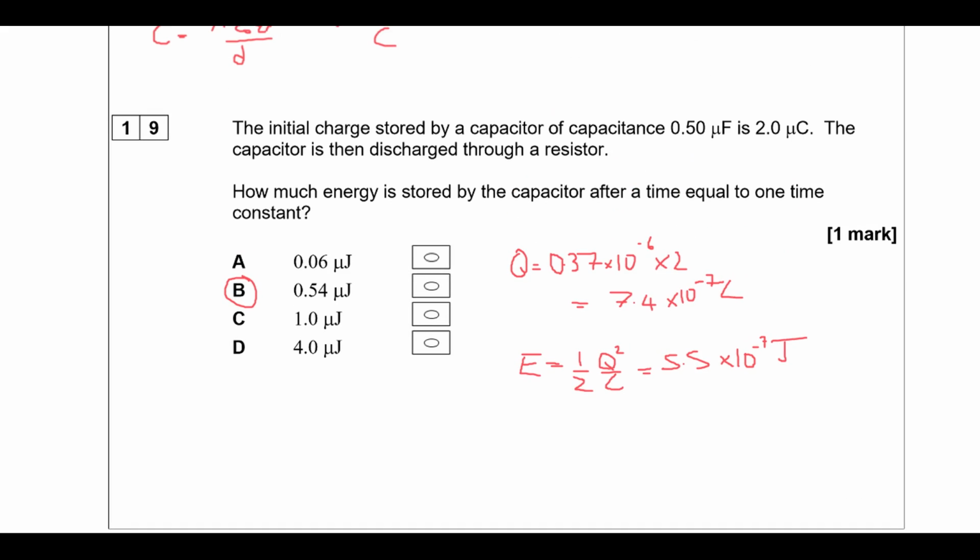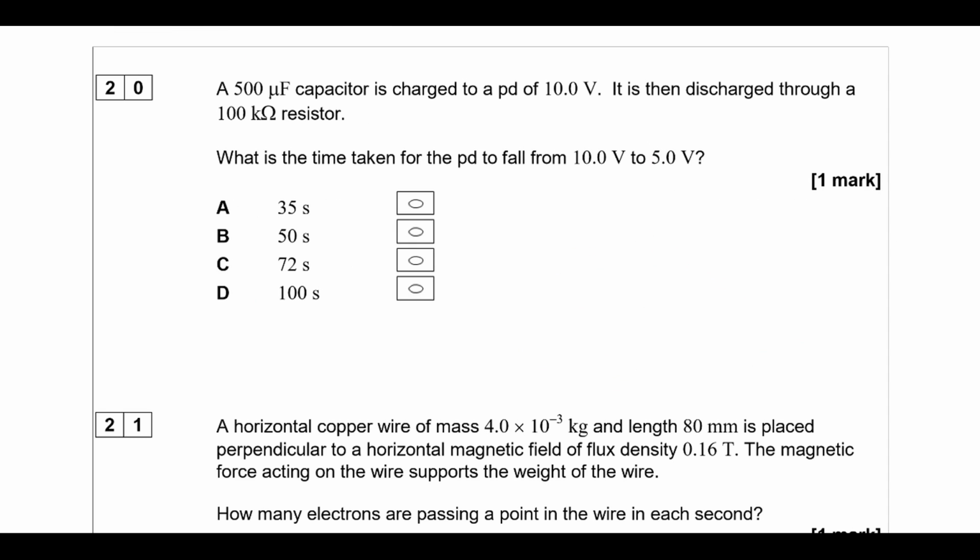Okay, so a 500 microfarad capacitor is charged to a PD of 10 volts, is then discharged through a 100 kilo ohm resistor. What is the time taken for the potential difference to fall from 10 to 5? Okay, so for a capacitor circuit, the time to halve is 0.69 times the time constant, and time constant is RC, so it's going to be 0.69